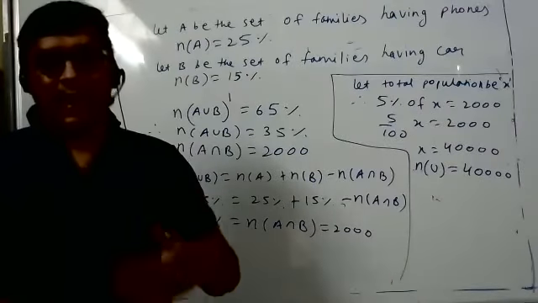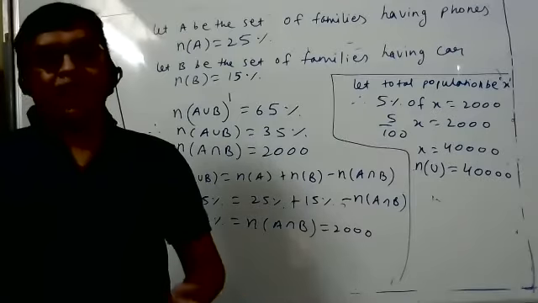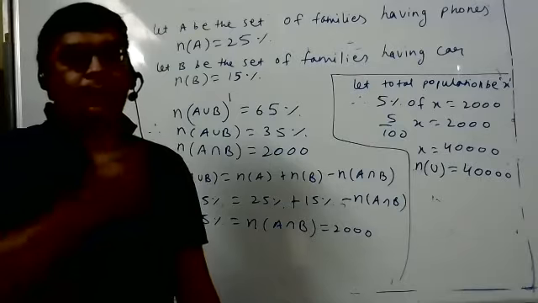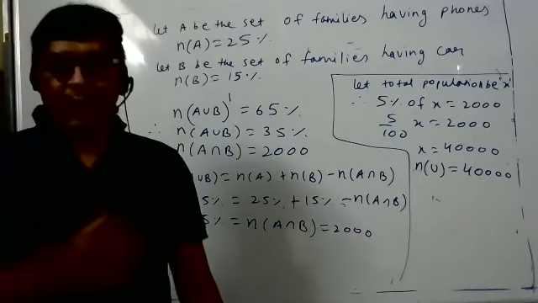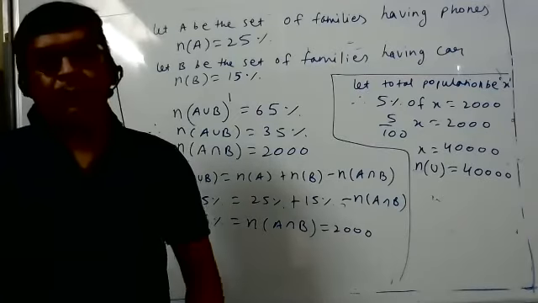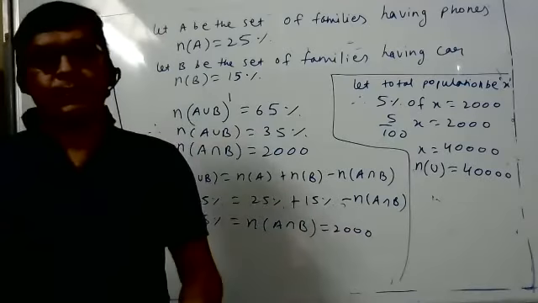But what happens, student, is that over the years, casually, for union also, they will not write everywhere like how I wrote either A or B or both. In many places for A union B, they will write either A or B. It is understood that both also is included. It is taken for granted. If I say either A or B, it means both also is there.